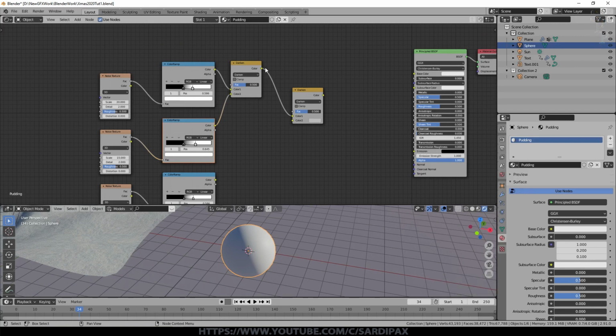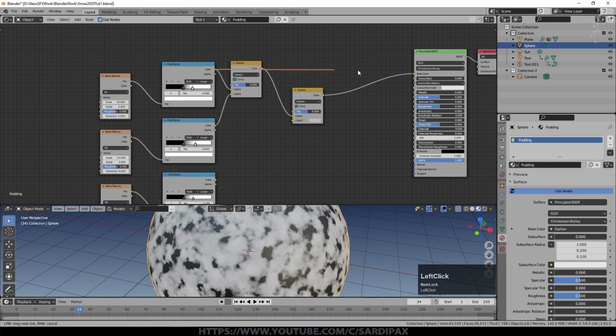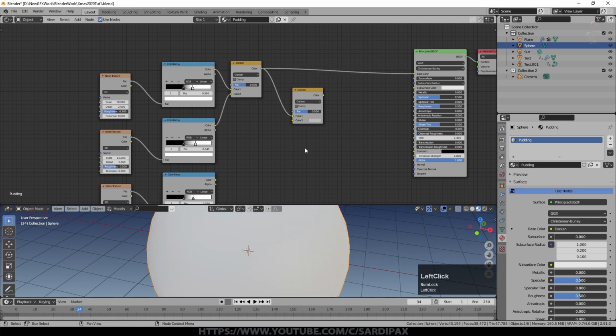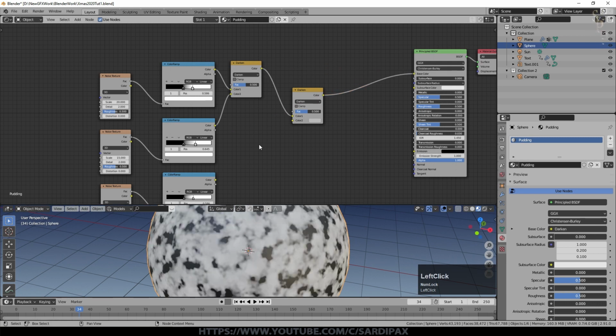So if I show you what these are looking like at the moment, roughly, you can see that's the output of one of them. The other one will be similar but not identical. You can see it's slightly different, and then the two are combined by that one. So I'm obviously going to combine the third one with this node.